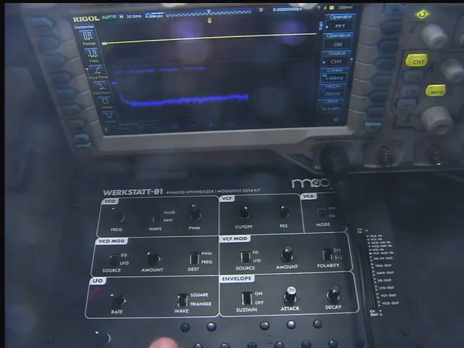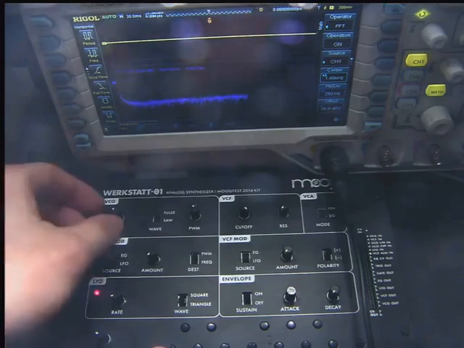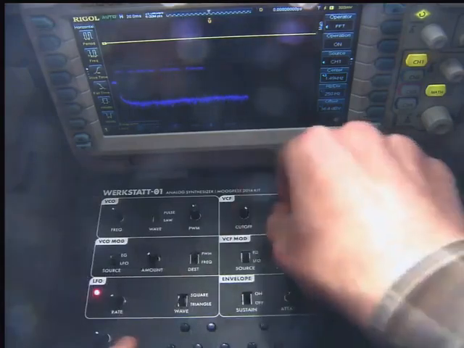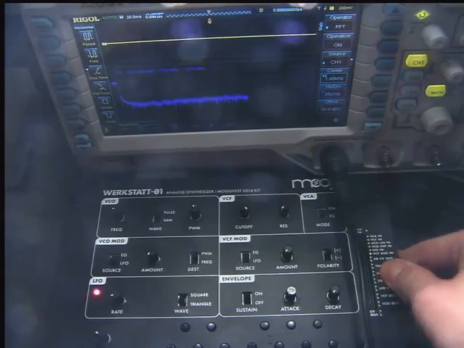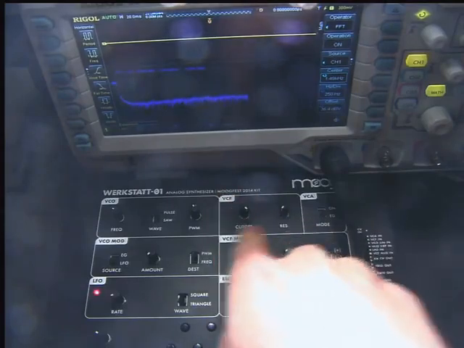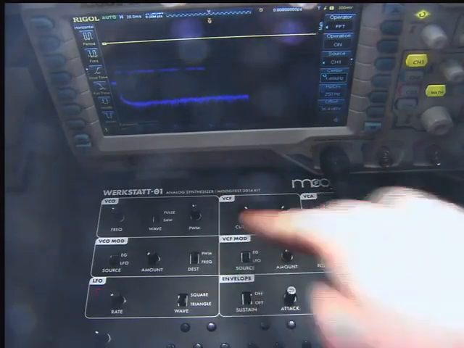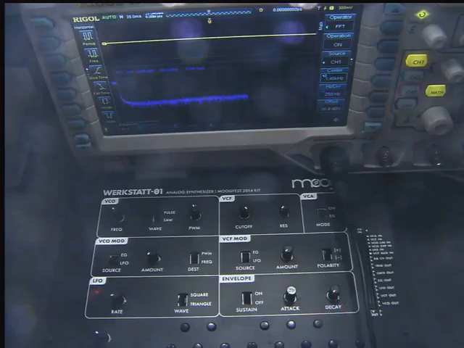So let's take a look at what the voltage controlled oscillator does on its own now. I have it set up so that the voltage controlled filter and the voltage controlled amplifier aren't really doing anything too interesting. I have the cutoff knob on the VCF all the way to the right, and that means the cutoff frequency is going to be way high, so it's not going to impinge the sound of the VCO. So we can hear what that sounds like just on its own.